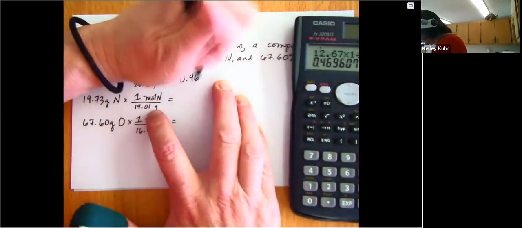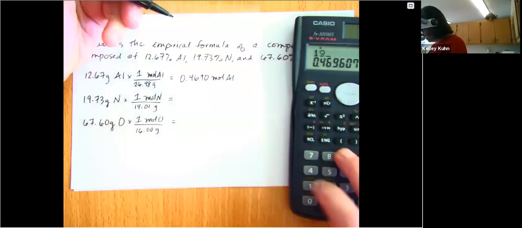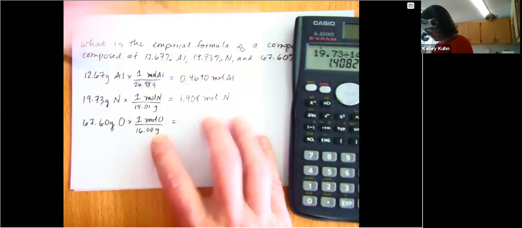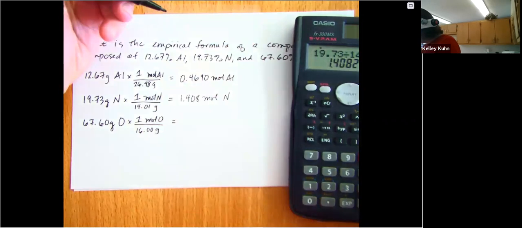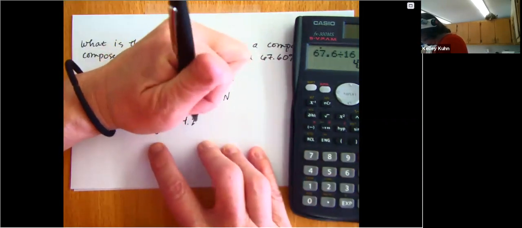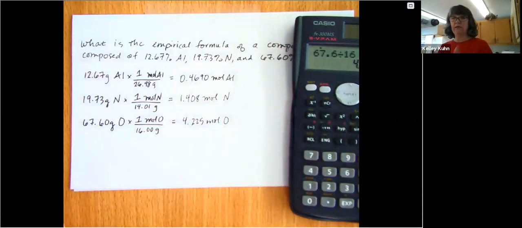So for this, I get 0.4690 moles of aluminum, 19.73 divided by 14.01, 1.408 moles of nitrogen, and 67.6 divided by 16, 4.225 moles of oxygen. So we've done the first 2 steps, treat the percentages as grams, convert those grams to